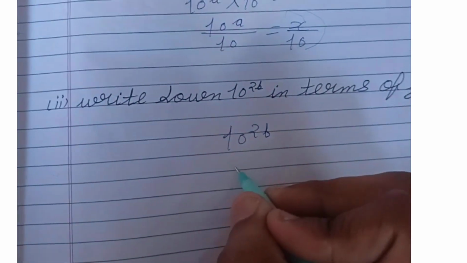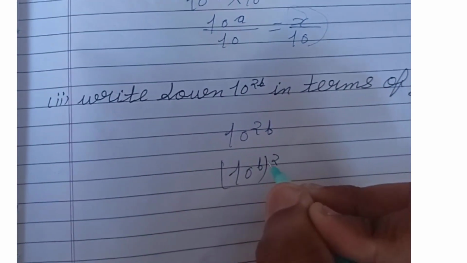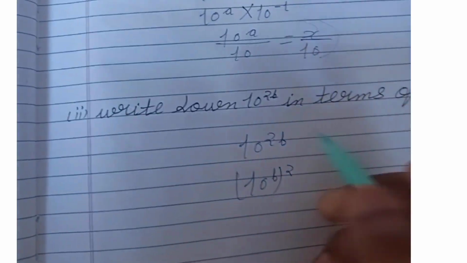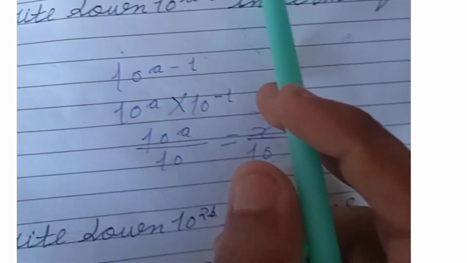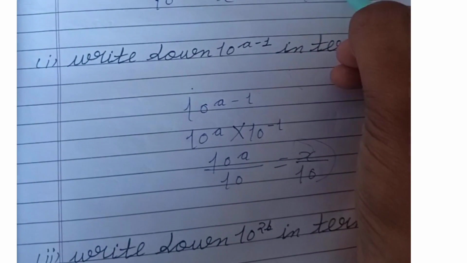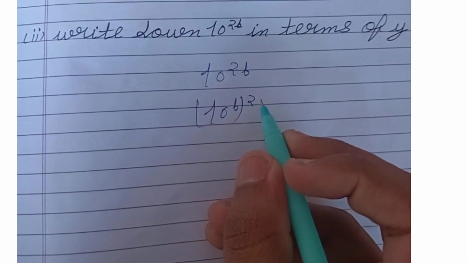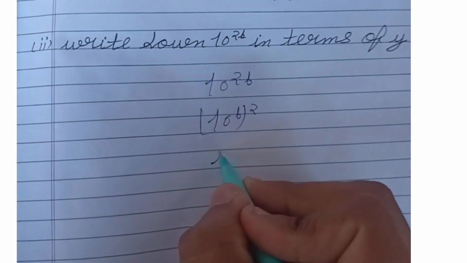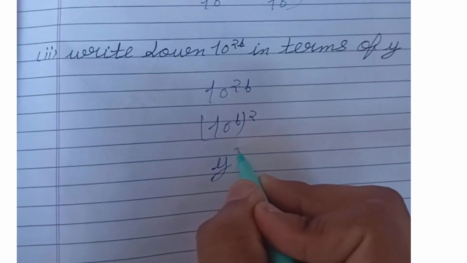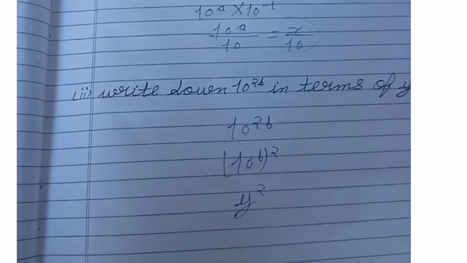So we can write it like this also, tan b bracket 2. If we multiply b into 2, it's only 2b, and here we find the value tan b is y. So we can also write, tan a is equal to x and tan b is equal to y. Now here tan b square. Now tan b value is y, so y square. So here we write the answer in terms of y. Like this we have to do these questions.